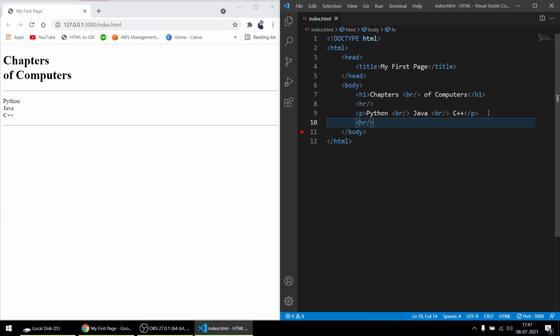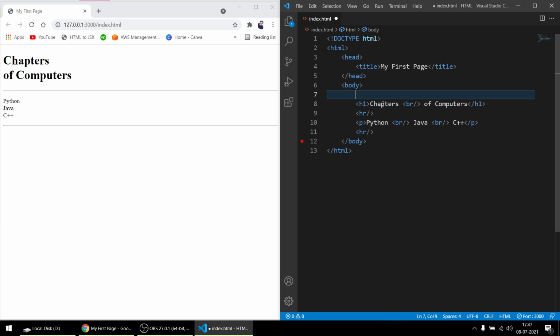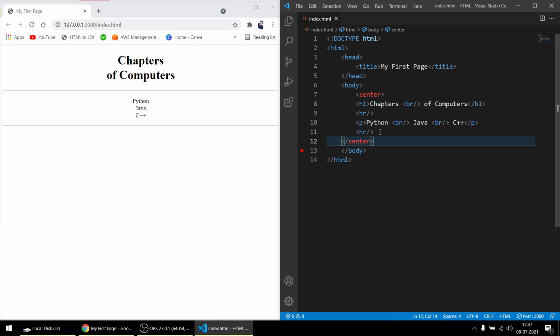So these were some useful tags I want to tell you, but there is one more I just forgot, sorry guys. There is the center tag. If I just want to put everything in the center, I'll just open a center tag and add the closing of the center tag. If I cut it and paste it after hr and save it, see now everything came in the center because I have used the center tag.